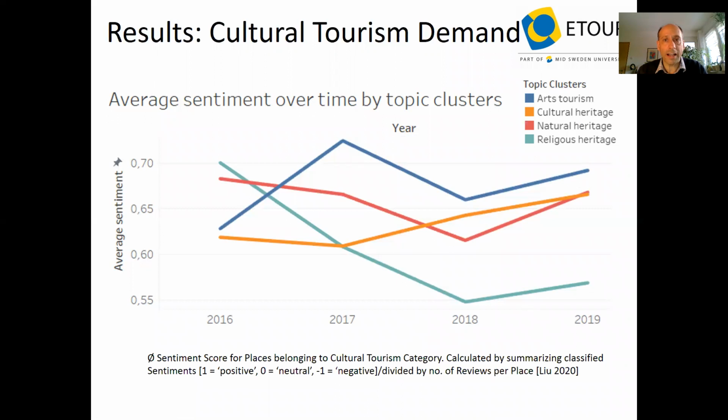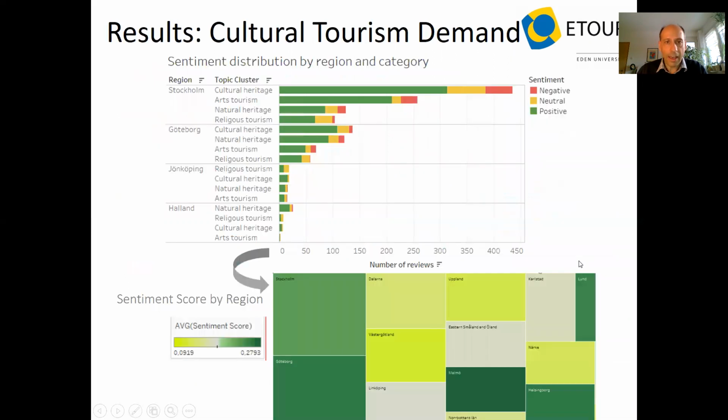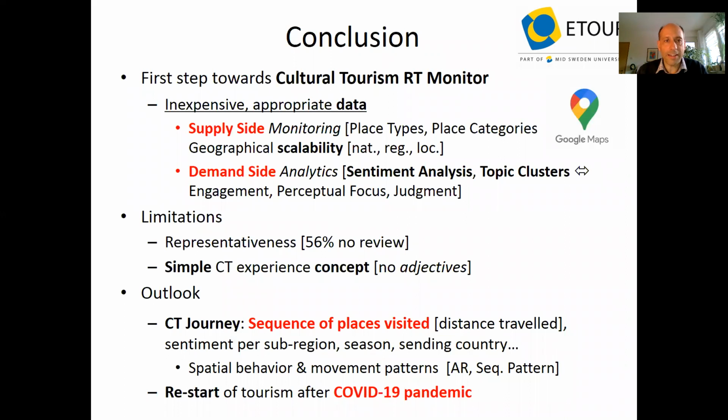This has been also conducted over time dynamically, so we also can learn from interesting tendencies, or by region, by splitting the various segments or elements of the judgment in the reviews, being negative, neutral, or positive. Another alternative is to use a sentiment score, which is the aggregate, and then benchmarking it to all other regions from Sweden. So I'm already at the end.